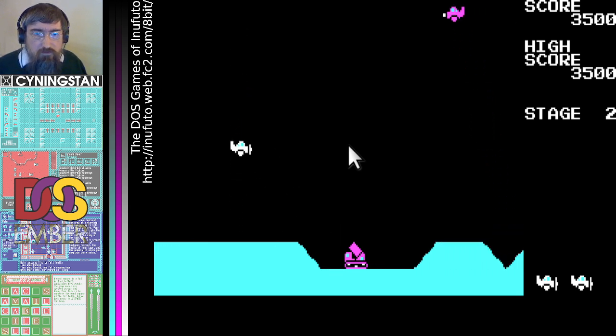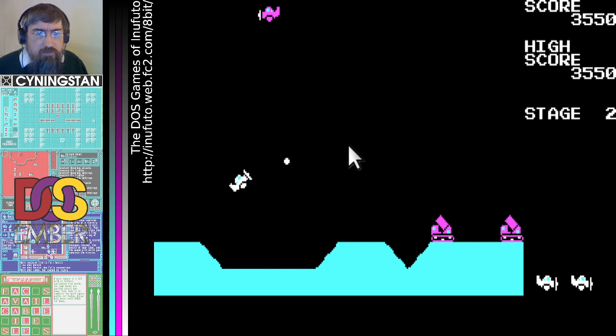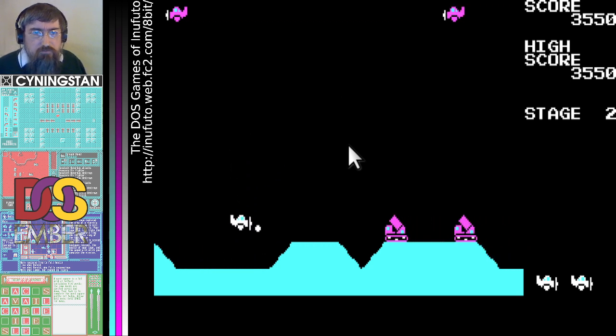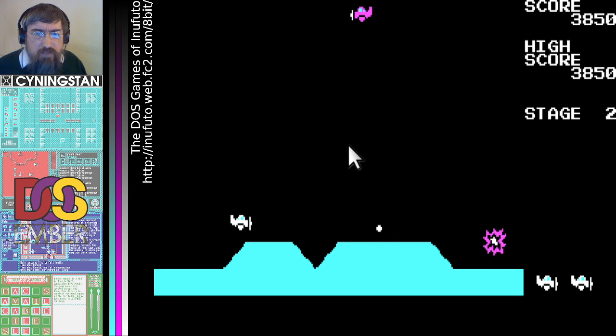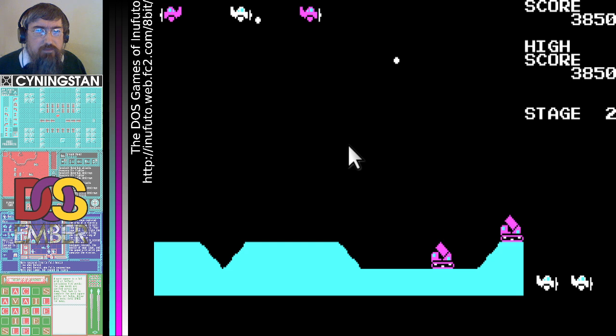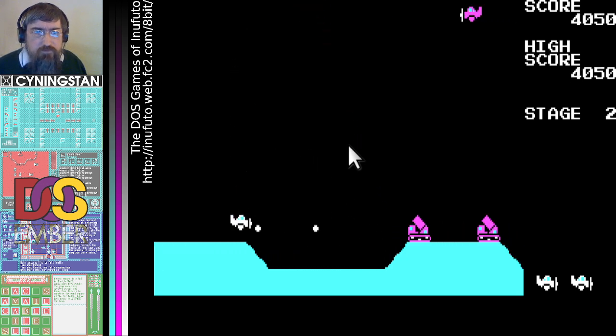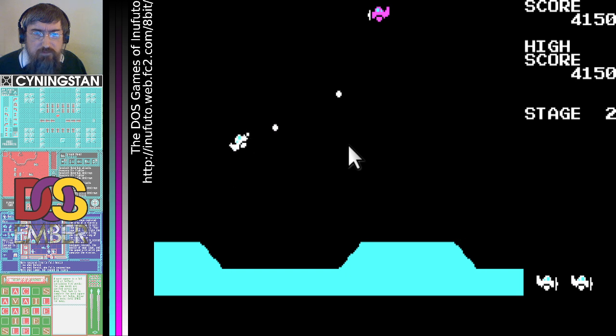Although on the Acorn machines it uses... Am I ever going to get... Yes. On the Acorn machines it uses a different palette. They use black, red, green and white. That was sheer fluke getting that rocket. Yeah, black, red, green and white, which makes me wish they'd used the black, red, green and yellow palette for this.